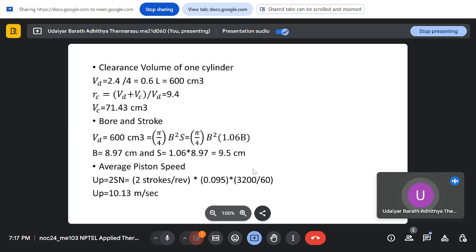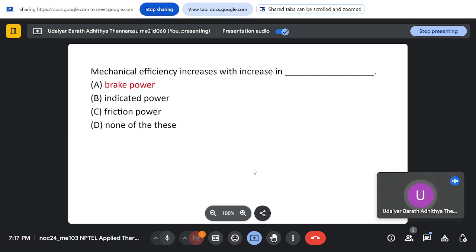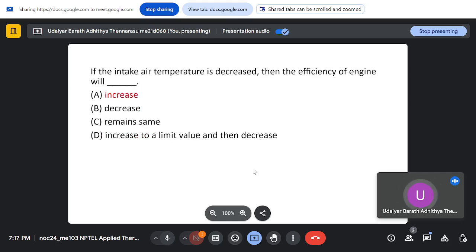Before ending, I need to make a correction. In one of the MCQs, the answer given was correct, so I'll explain it. If the intake air temperature is decreased, then the efficiency of the engine will actually increase. So this answer is correct. Why? Because